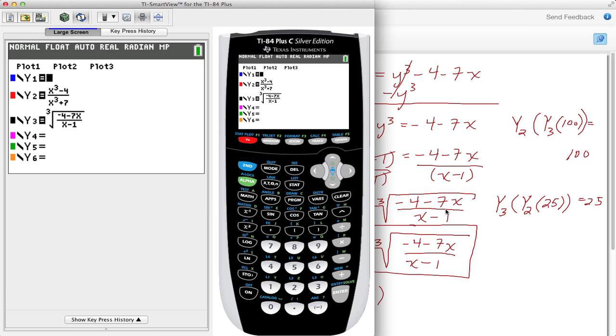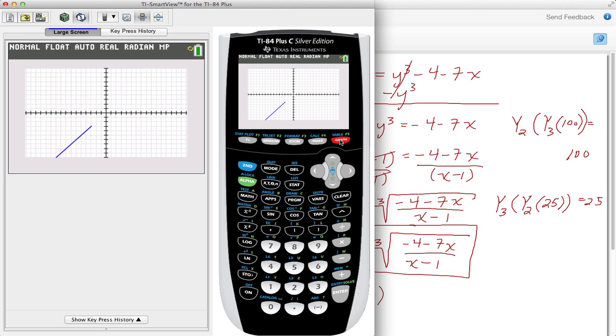All right, so we've got our two equations already in place. Let's graph them to take a look. Here in the graph, the blue is that line of symmetry. The red here is our original function. And then the black here is the inverse. And you're going to notice that once these are all drawn in, the black and the red are going to be symmetrical with respect to that blue line.